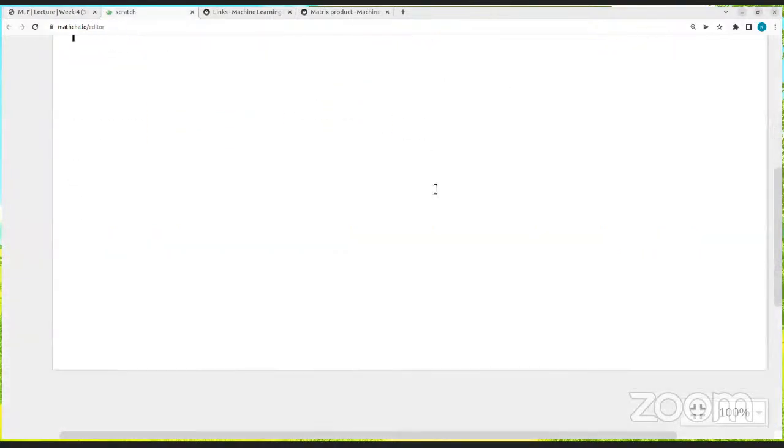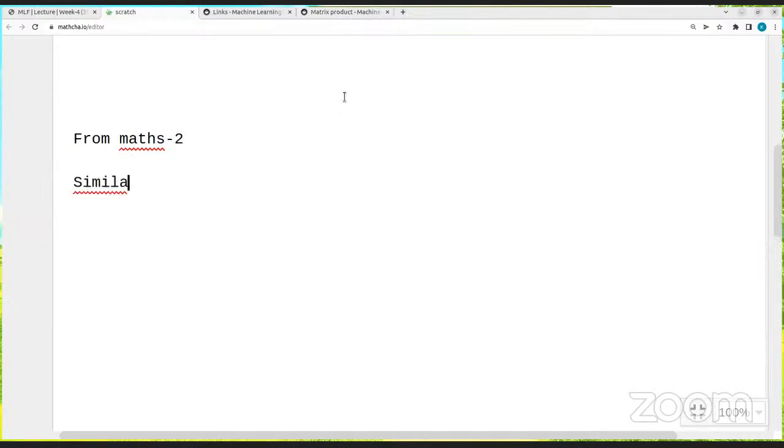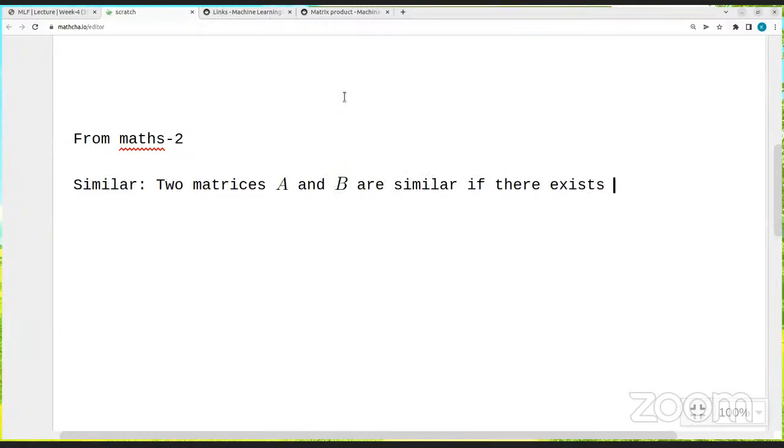So I'll just state it here. This is from Max 2. So similar matrices: two matrices A and B are similar if there exists some invertible matrix Q such that